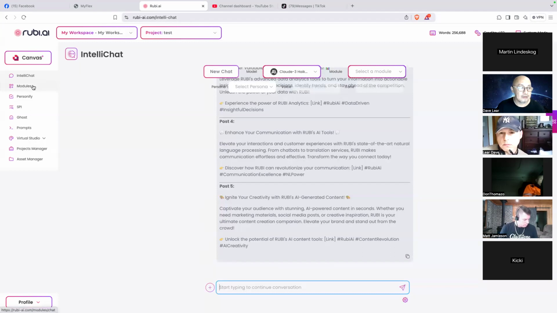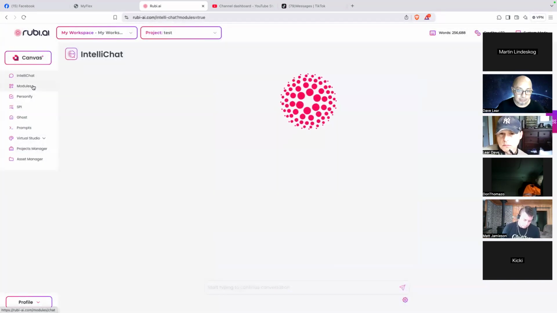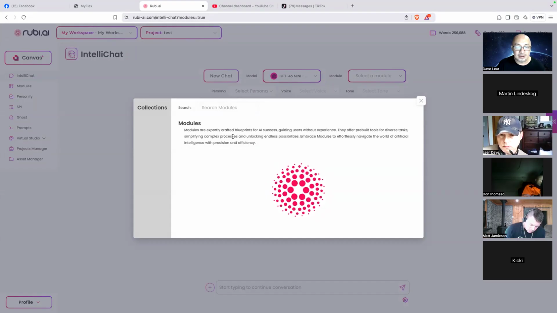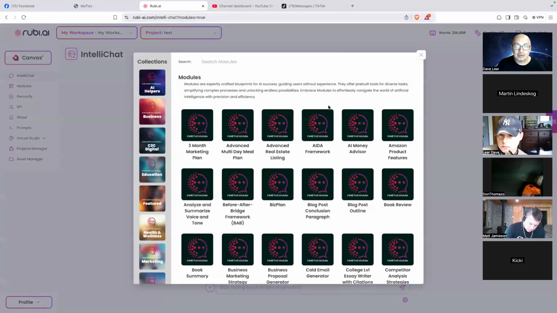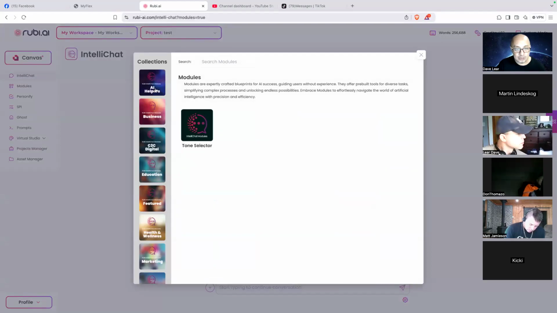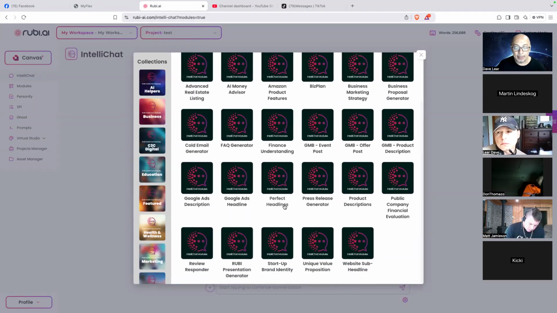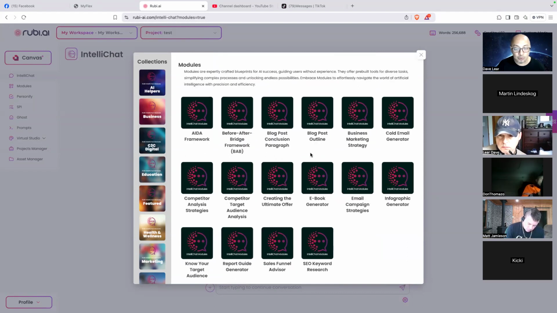And then we have the modules. Like we already tapped into this earlier, but these could be a guide. These are blueprints that will help us in anything that you want to know about, of course for the business. There's just a lot, so you just have to experiment on this and look for yourself what will work for you.